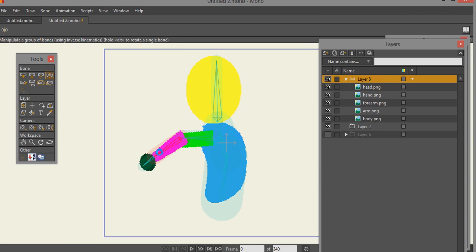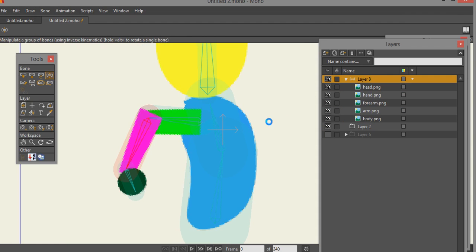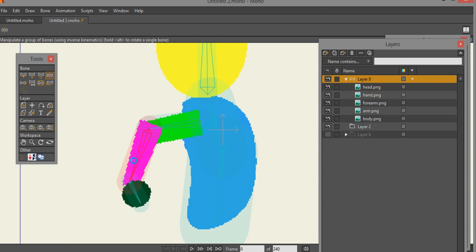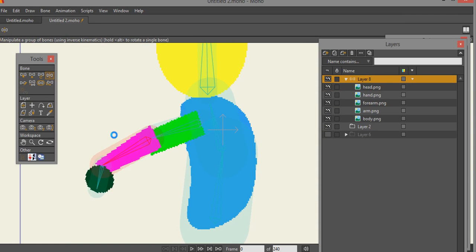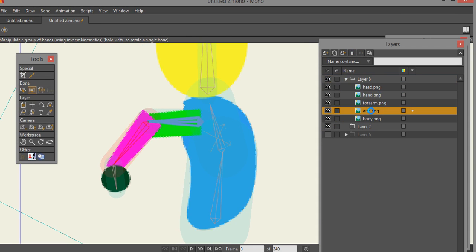As you can see, one of the problems you have with the images is that the joints look like hell. You can put the layers in front and behind, and they won't match up to what you're doing. So one little trick is to, let's see, you've got the arm there and the forearm there. In between that,